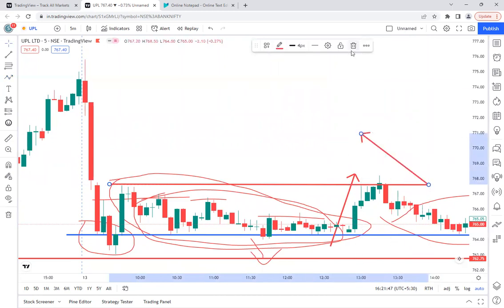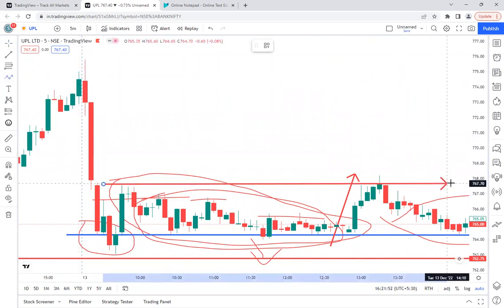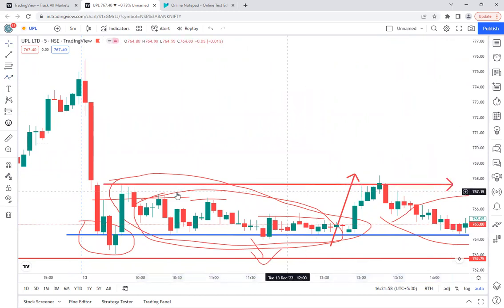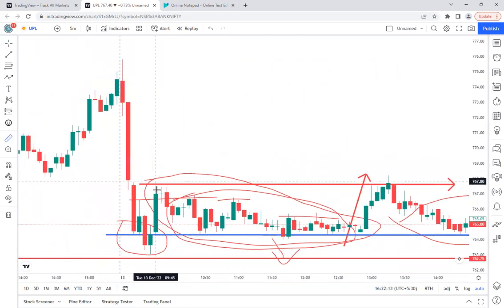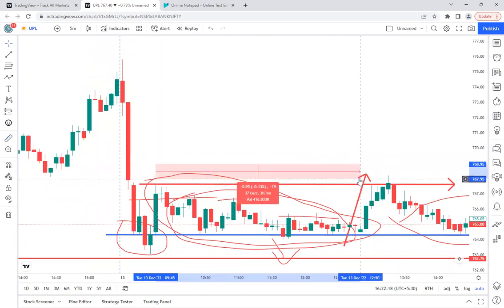Sorry, one minute, I will clear this again. So all the sellers who are taking their positions might have kept the stop losses just above this green candle, because that is the maximum level that buyers managed to take it up today. And see what they did immediately. If you scale this move from here to 12:50, how much time did it take? 3 hours, 5 minutes. So almost a 3 hour duration.